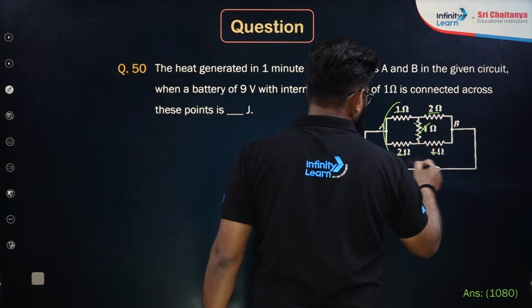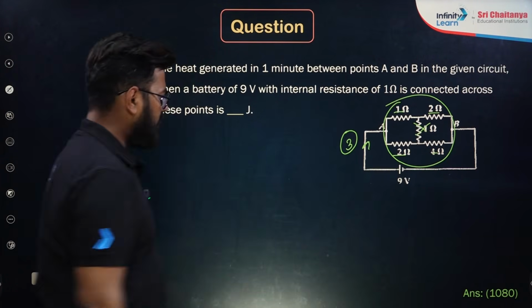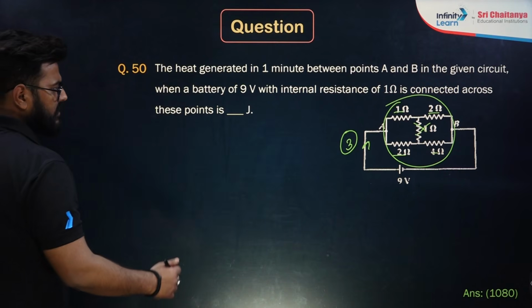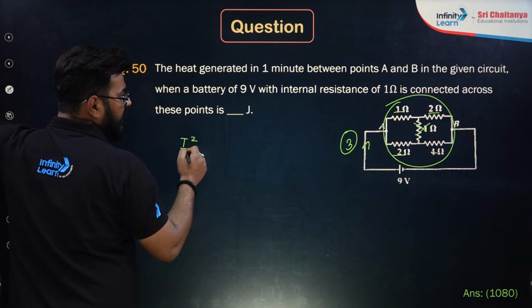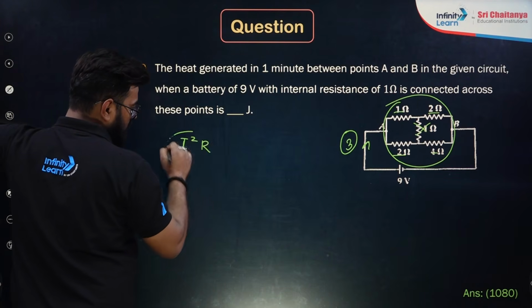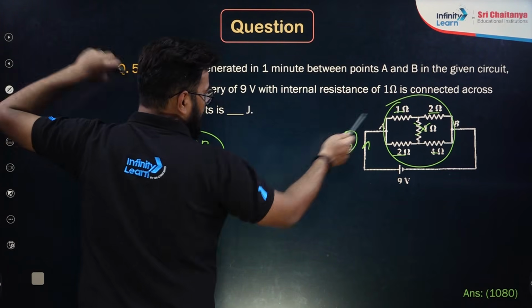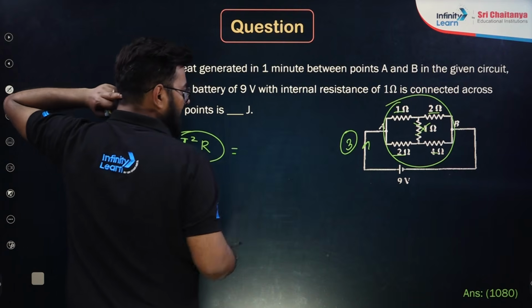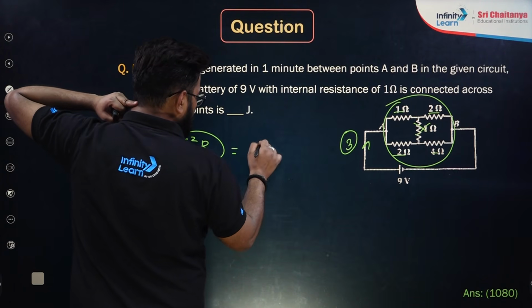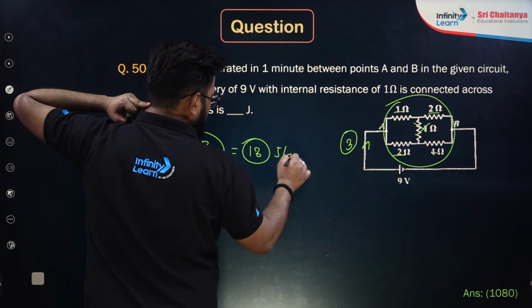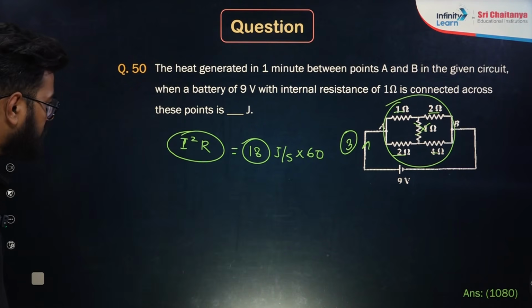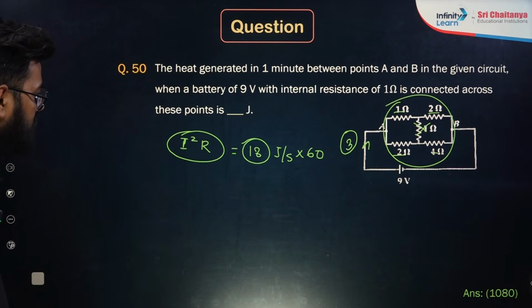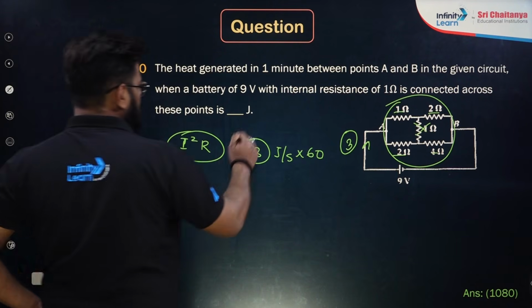So you need to find out the equivalent resistance. I think I'm missing some values. Whatever is the equivalent resistance, the current which you will get, either it is I square, okay, yes, it's I square R. I'm so sorry. The current calculated is 3, right? And it is 2. So 3 into 3 is 9, 9 twos are 18. So 18 joule per second. If you multiply with 60, I think it's perfectly right. 18 into 6 is 108. Perfect. So 1080 is the right answer.